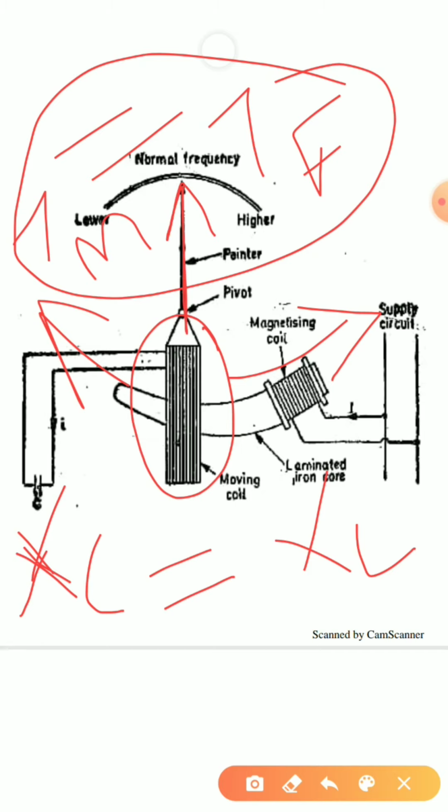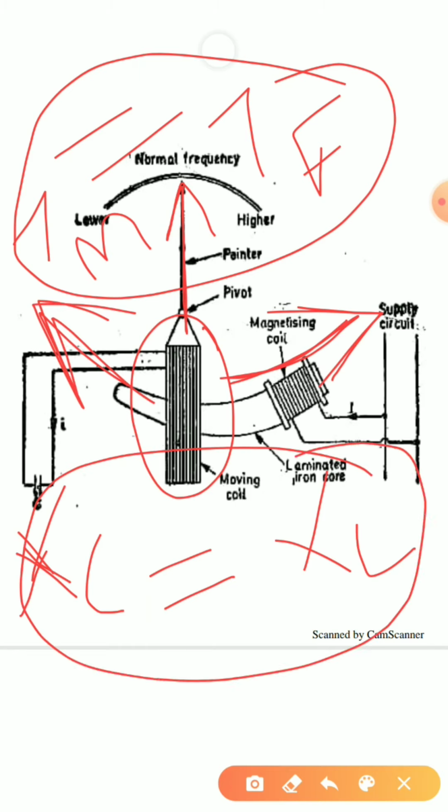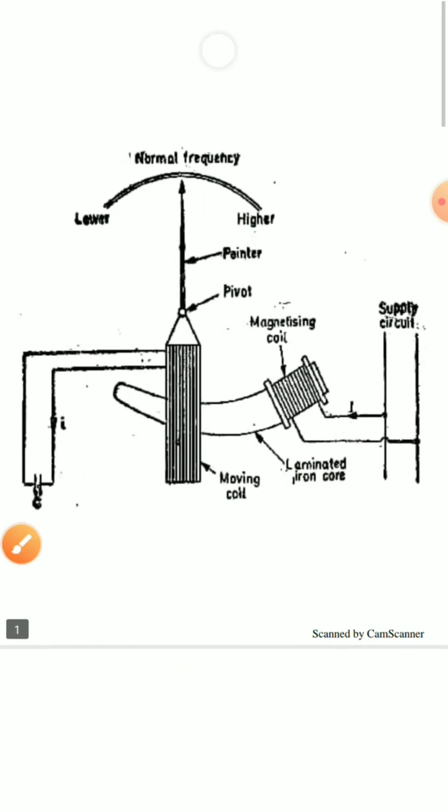Now, as electromagnetic forces are at play here, this coil can move to one side or the other because it has to balance XC equal to XL. If the coil is moving this side, my pointer will move to the lower end, and if my coil is moving to the minimum area end, the pointer will move to this side. This means that the frequency of the supply is higher. So this is the basic principle on which this works.